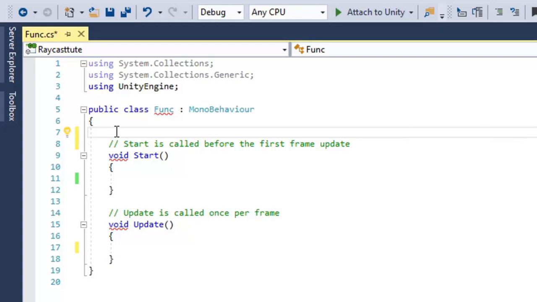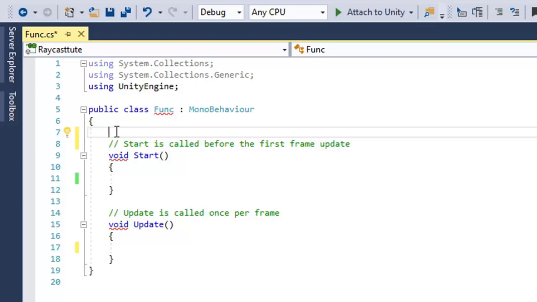So we must have a data type which can store x, y and z coordinate values in a single space. Similarly, if we are dealing with 2D game space, we must have a data type which can store x and y values simultaneously.